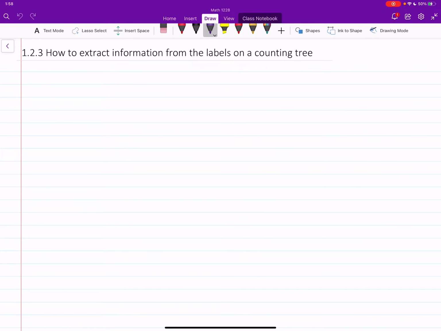Hello everyone. In this video, we will learn some rules and tricks to extract information from the labels of counting trees. Well, the first thing I want to